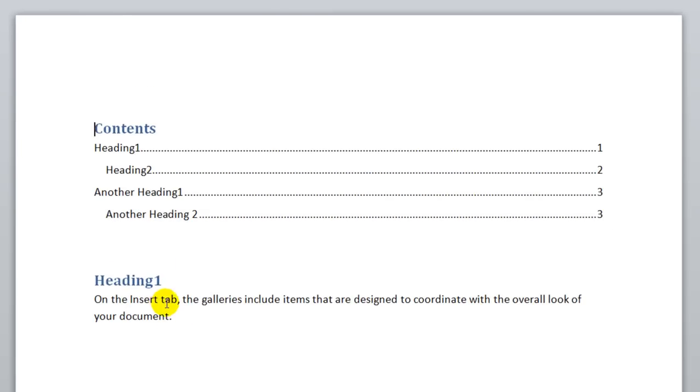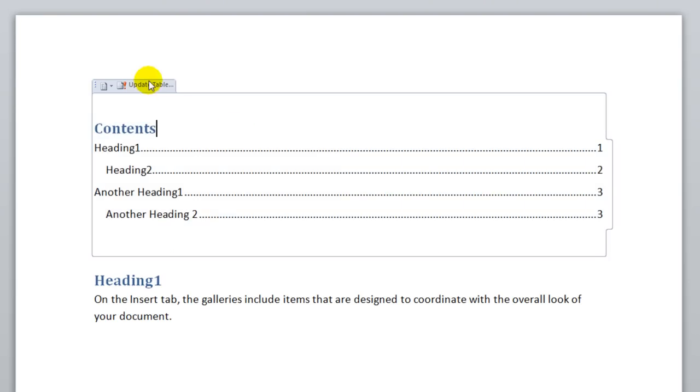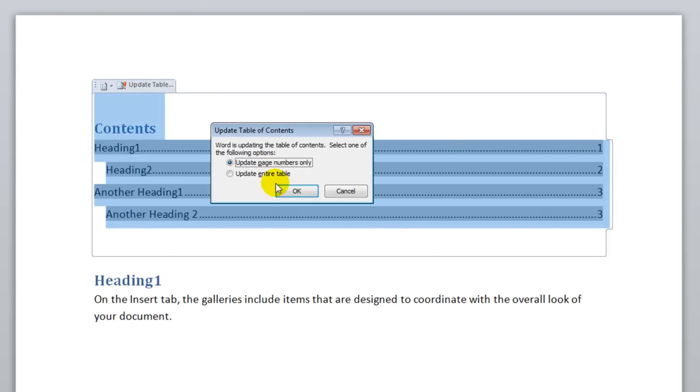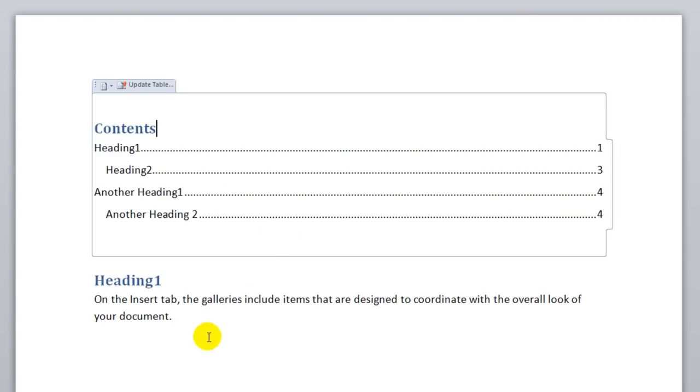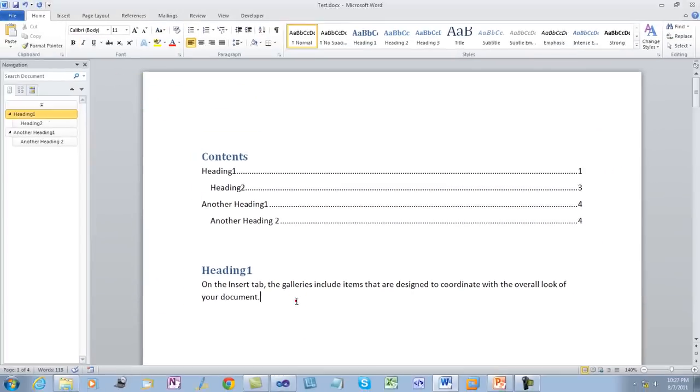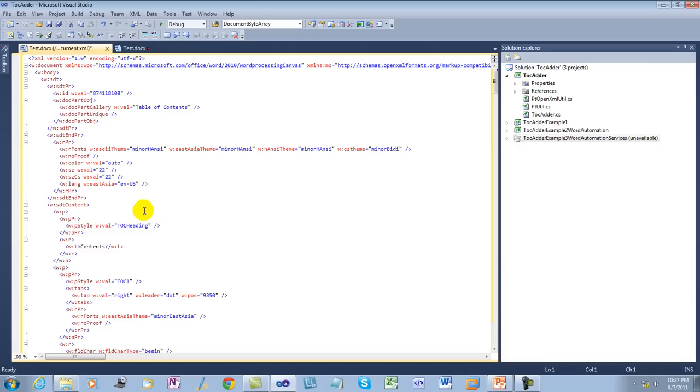I'll open up the document again, and let's say that I were to insert a page here. Then I could come up here and say update the table, update page numbers only, and you can see that the page numbers have been updated. This control that you see right here is that content control that allows you to update the table. That's the only purpose of that content control. You can have or not have that content control if you so desire. So just to show you,